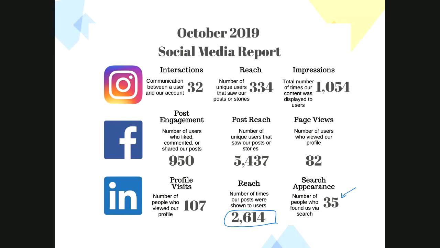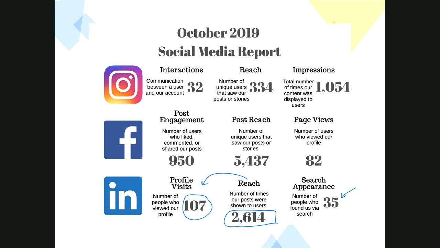It appeared in their feeds. You know, whether they looked at it, read it, or not. But we do know that 107 people visited our profile. So either because they saw an ad and they said, let me look over here, or they just rode by or they saw our material somewhere and they said, I wonder if they're on LinkedIn. And we are. So they went and looked at our profile.